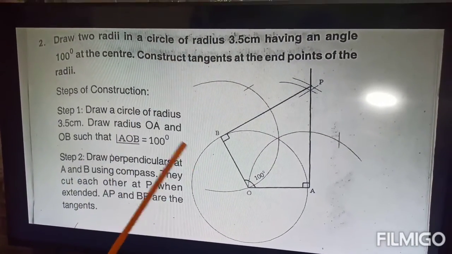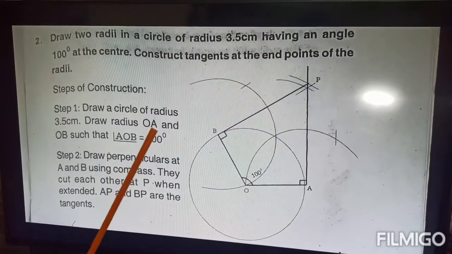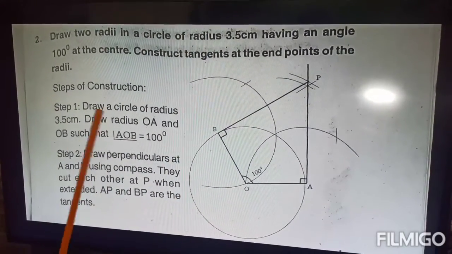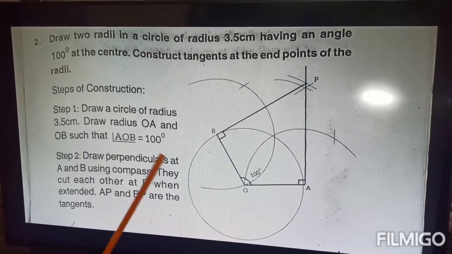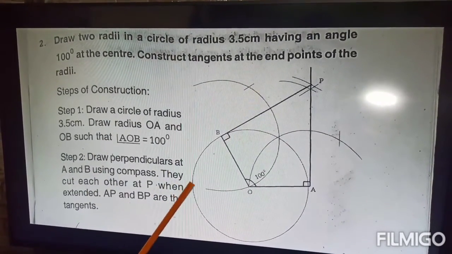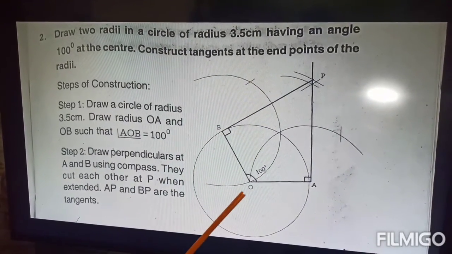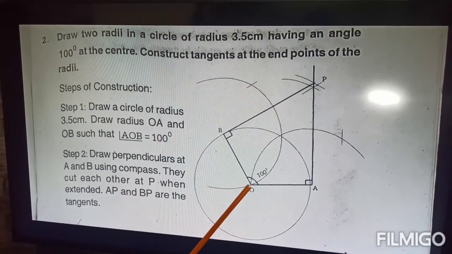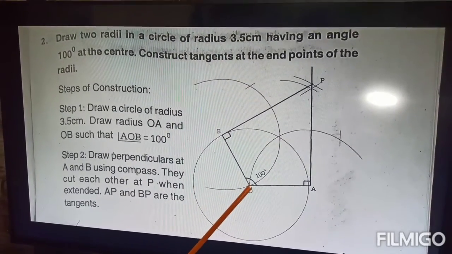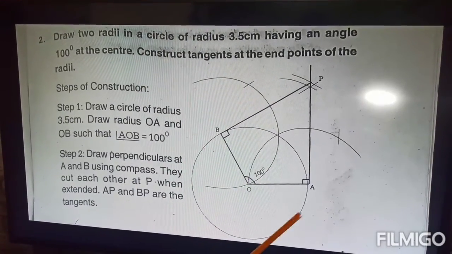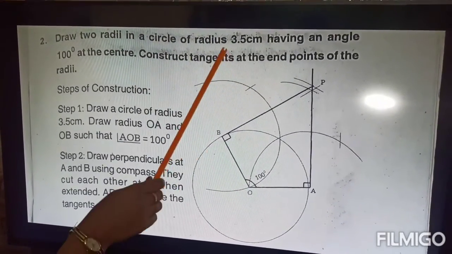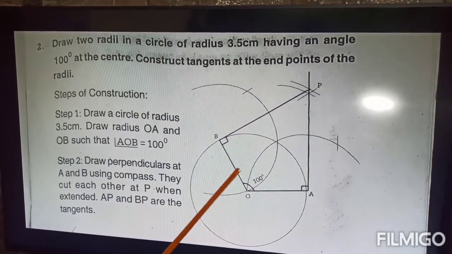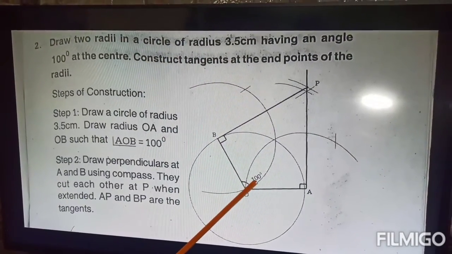What is given, which angle is given, the angle between the tangents or the angle between the radii. That is very, very important. Understanding the question is very, very important. If you understand, you will get the correct construction. Okay, here they have directly given the angle between the radii. We can draw the circle of radius 3.5 centimeters. Draw the circle. Angle between the radii is 100 degrees.